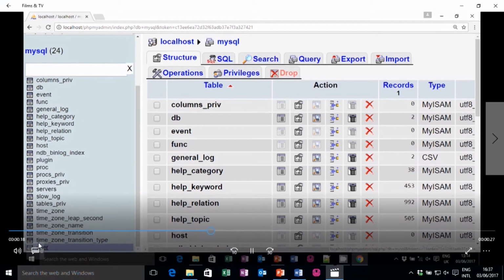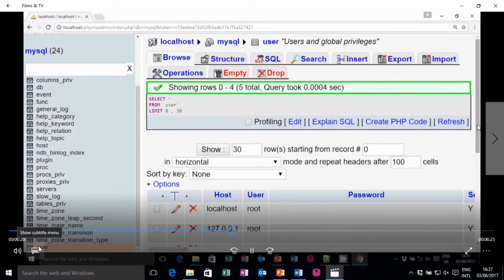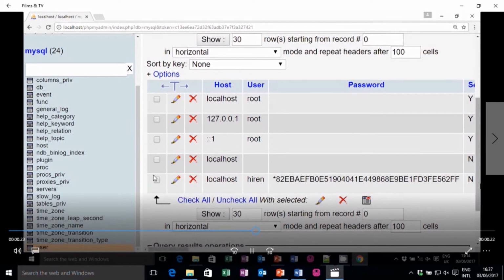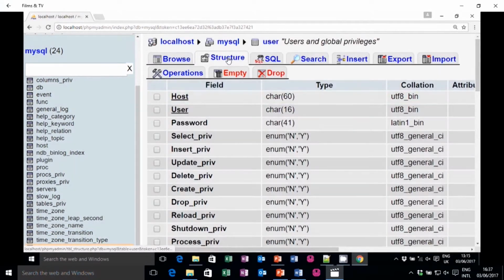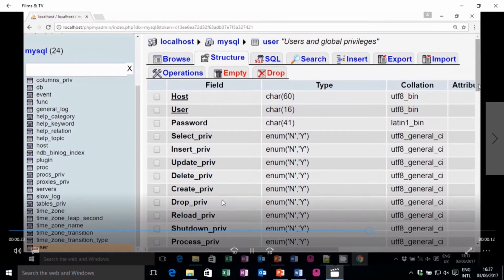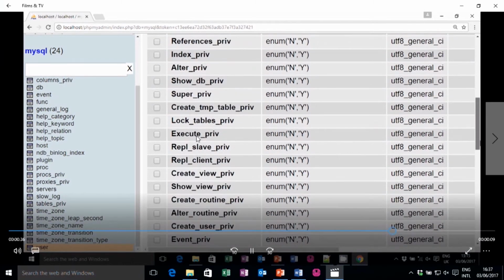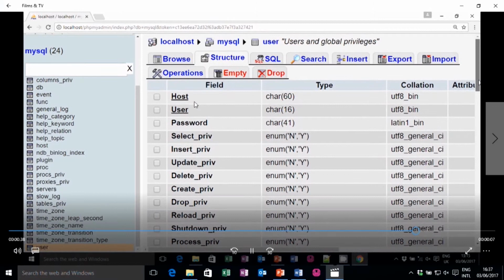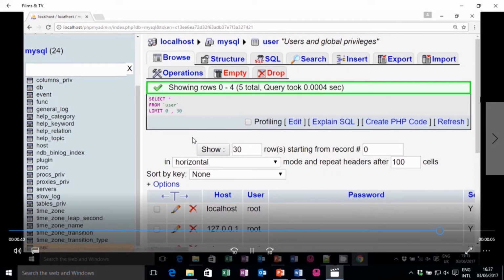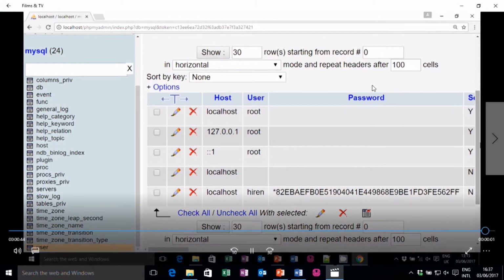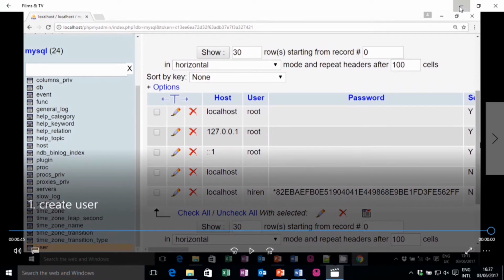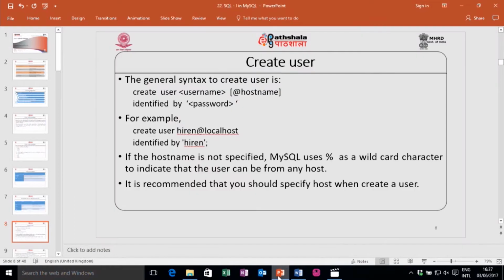In the MySQL database there is a user table, and in the user table it will show all the hosts and users with passwords. Here the user Hiren at localhost is created and the password is in encrypted, hash form. This is the structure of the table user, which has host and user as a composite primary key, as well as the other privileges you can provide to them. So, this is how you can create a user.